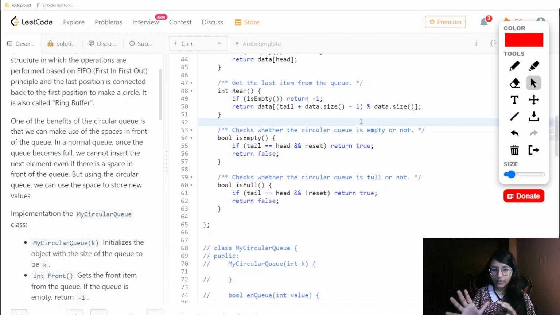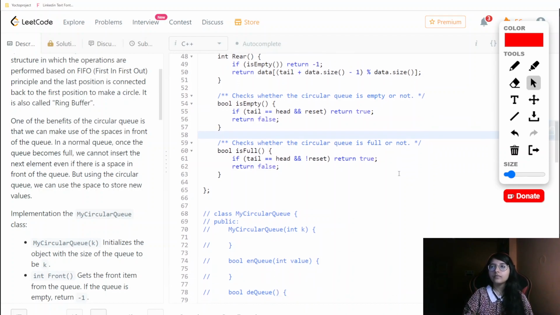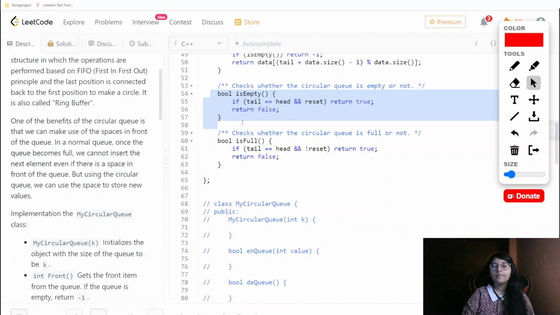So that's why we are doing that modulo, and then adding up, that is also in that criteria only, so that it is in bound of the indices for our case size. So that's why we are doing tail plus data dot size minus 1 and doing the modulo for the same. And then bool empty, this is directly that if head and tail are pointing to each other, and if our